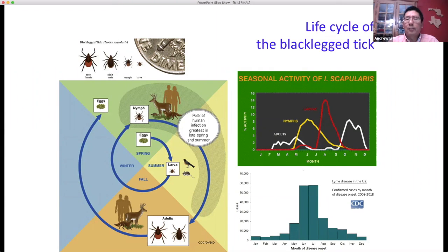The immature stage, mostly the nymphs, are responsible for disease transmission to humans. If you look at the seasonality, the yellow lines really show the peak season of the nymphs. It starts in May, peaking in June and July. You can see this coincides with the two months, June and July, of peak Lyme disease